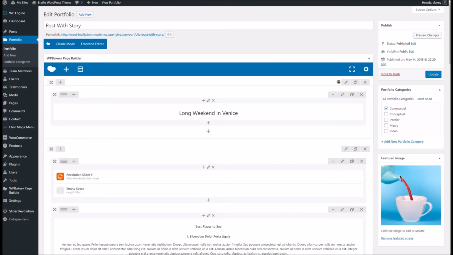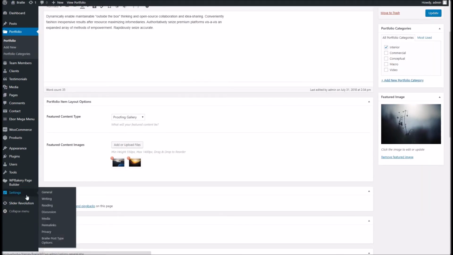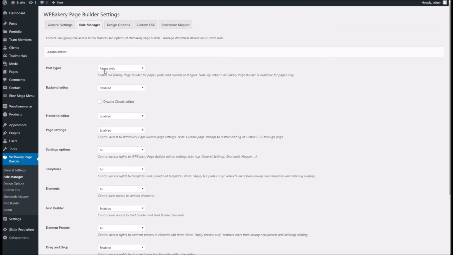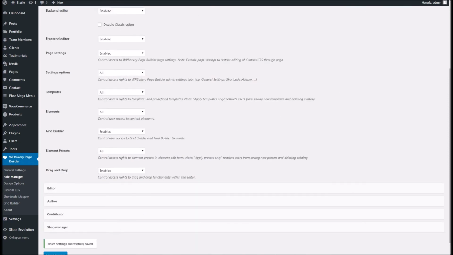Now, to activate the page builder so you can use it here, because as you notice there's no option, what we need to do is go to settings within the page builder plugin here, and under role manager, rather than having pages only, which is the default state, we can select custom and allow the page builder to be used on portfolio items like you see here. So once I hit save